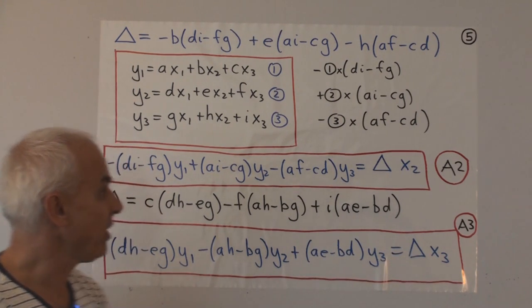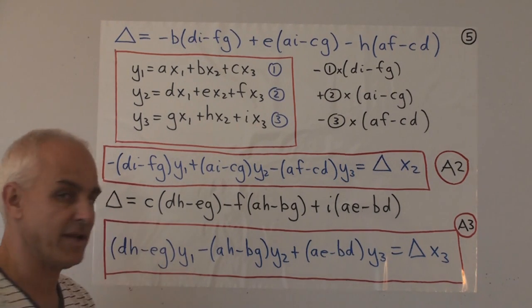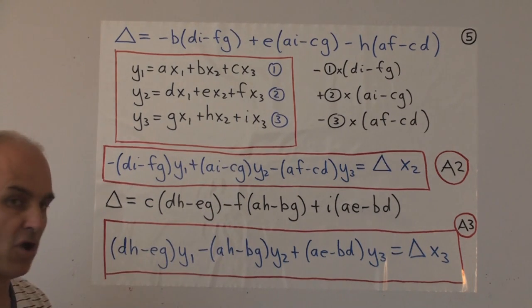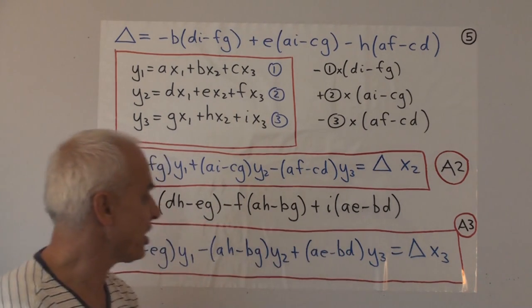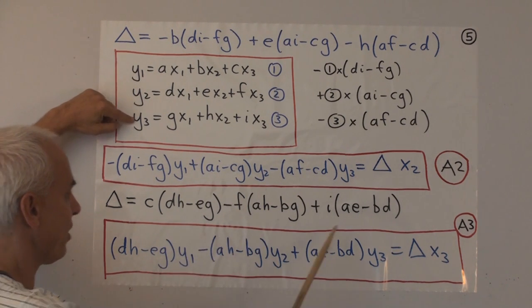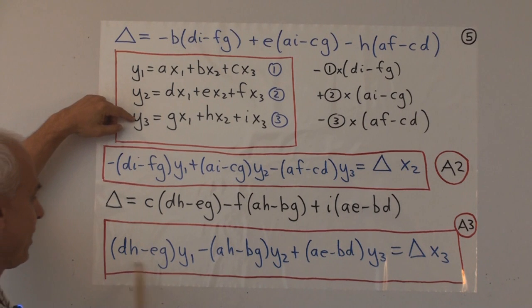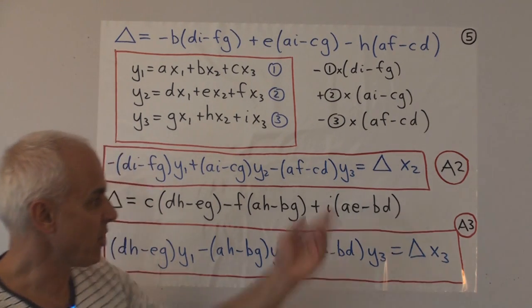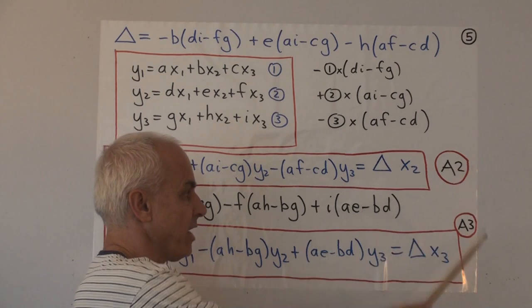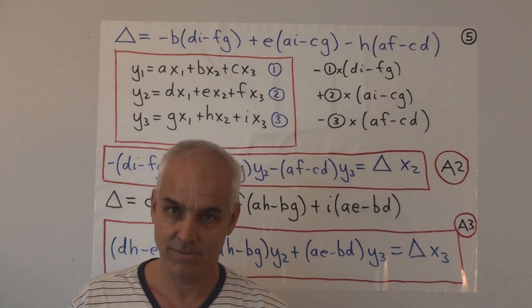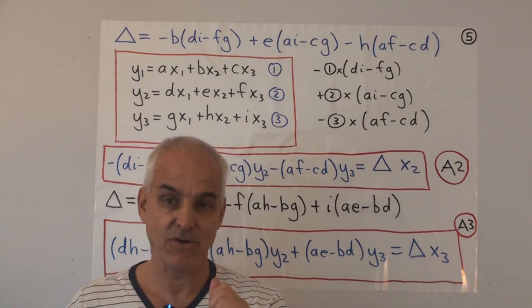And finally, how to get x3? Well, we use the third of our identities. This one, delta expressed in terms of C, F, and I, that third column. So we use this expression now, multiply the first one by this, second one by minus this, the third one by this. There's the left-hand side. And the right-hand side, we get delta times x3. So these three equations, A1 that on the previous slide, this one A2, and this one A3, they solve our basic problem for us. Okay, it hasn't been easy, but we have now solved the problem.